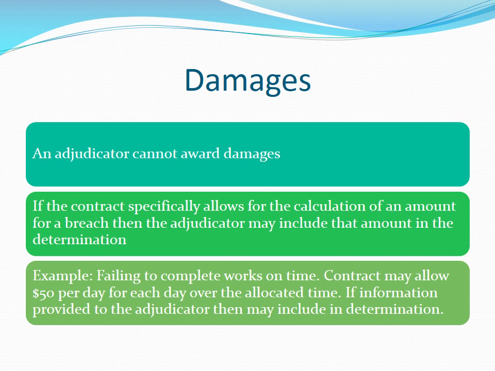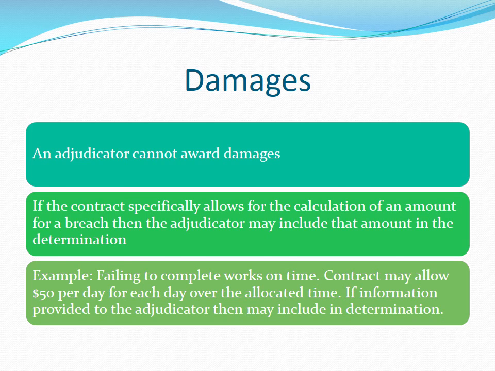For example, if a builder has run overtime by 3 months and so is required under the contract to pay, say, $5,000 to the client, the adjudicator may take that $5,000 into account when determining the matter in regards to the payment claim. If the payment claim is for $12,000, then the adjudicator may offset the $5,000, saying only $7,000 is due